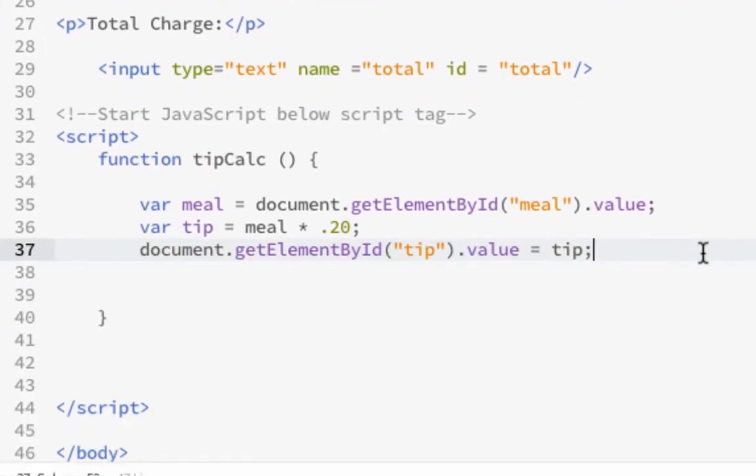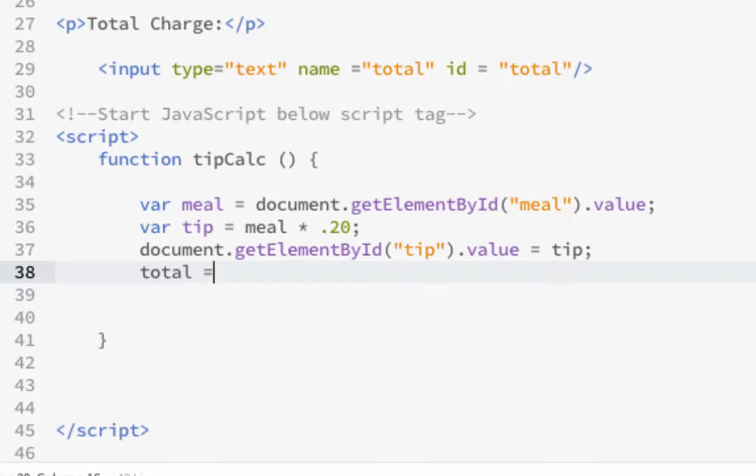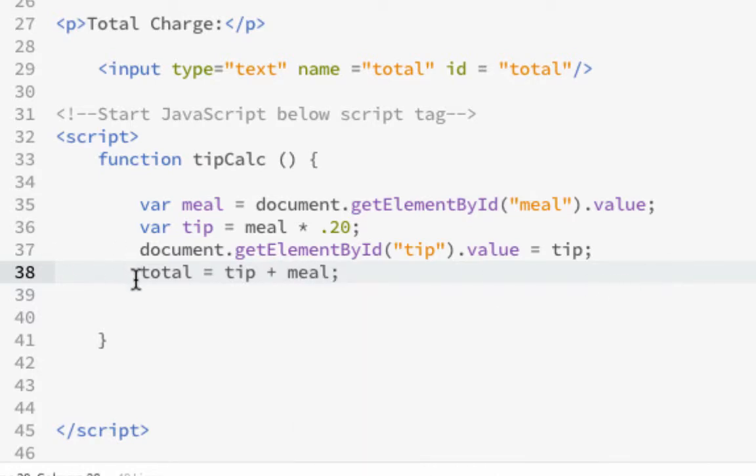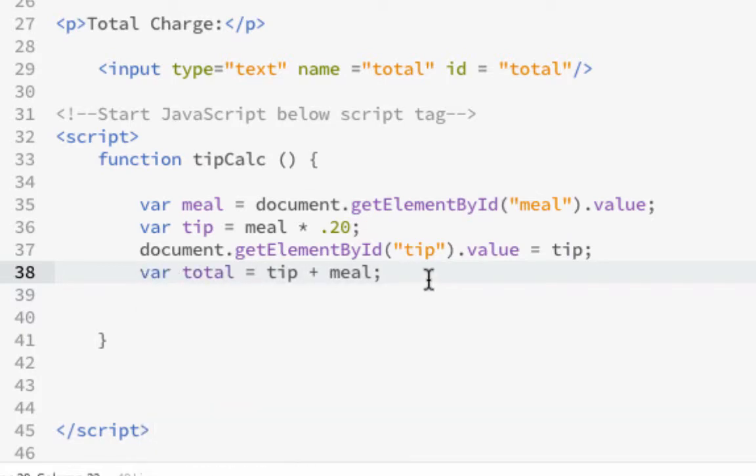And what we're going to do for total is we can do total equals, and that would obviously be tip plus meal. Okay, and that determines that variable. And we should put var here when you declare it the first time. Make sure you put the var. But then when you use it a second time, you don't need the var. You could just put total